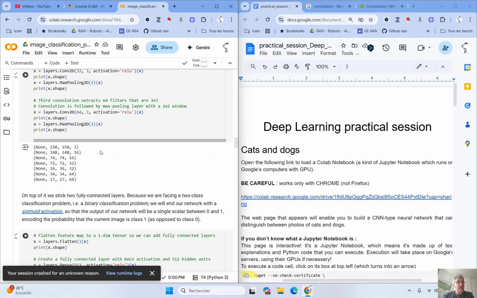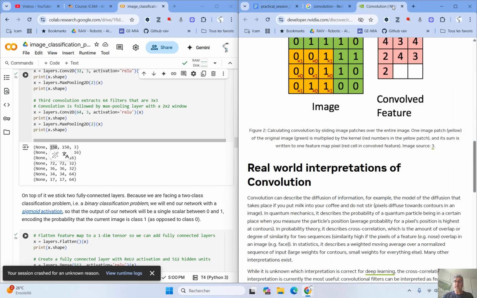So I display the size of each output. At the beginning, we have an image of 150 by 150 pixels with 3 channels, red, green, blue. After the first convolutional layer, we get an image of 148 by 148 by 16. 16 is because we have 16 kernels, but why 148 and not 150?